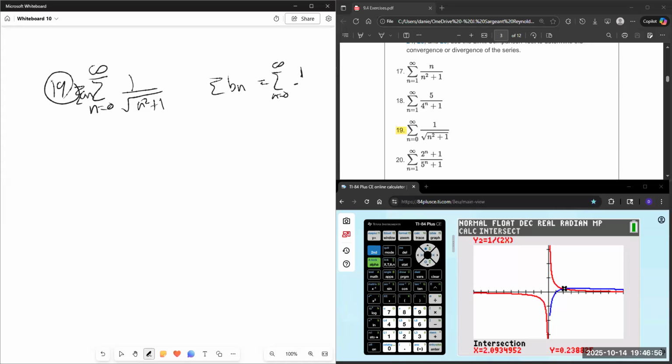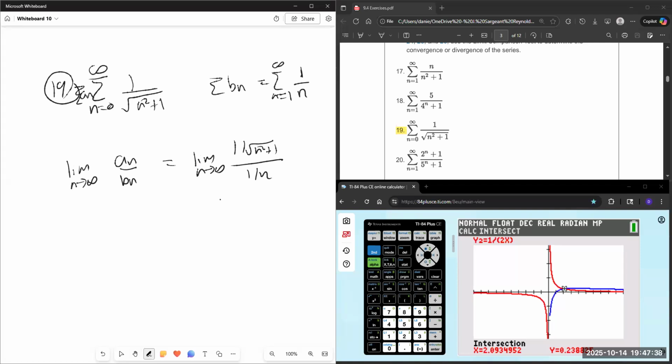So 1 over, and then the square root of n squared is going to be n. I'm not allowed to make that 0, I'll make that 1. So I'll say that I'm only interested in this from 1 to infinity, really, because of the domain of Bn. But I'm going to take the limit as n goes to infinity. So really, this number down here doesn't much matter. The limit of An over Bn